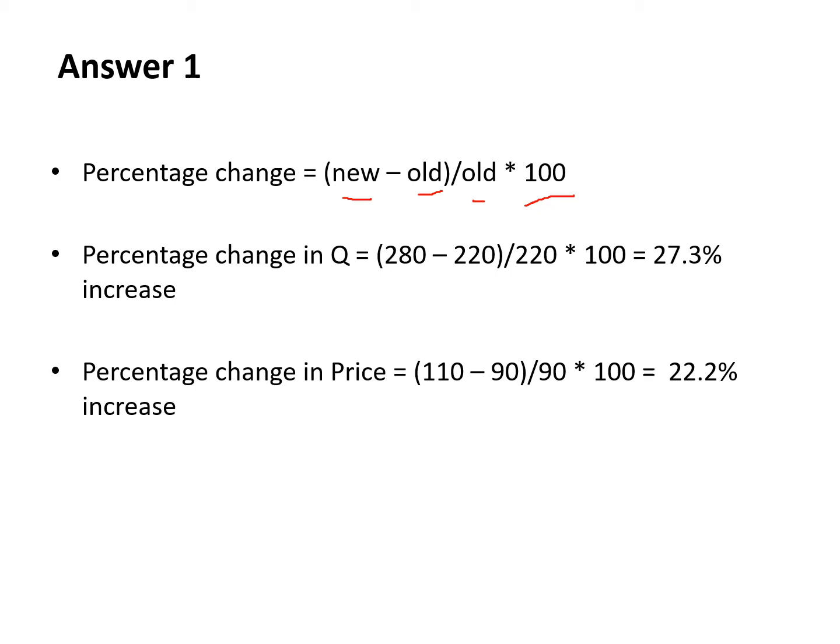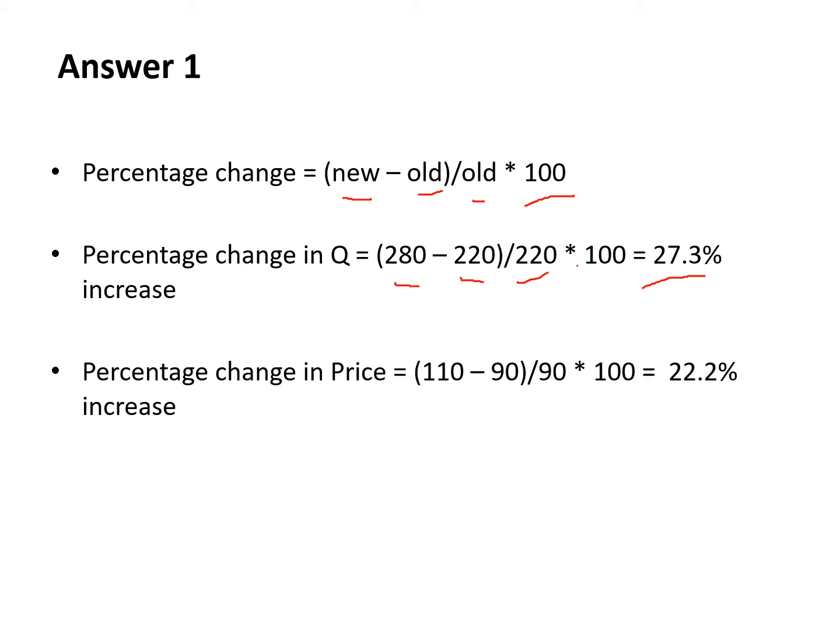So we'll take the new, which is 280 minus 220 over 220 multiplied by 100. This will give us 27.3%. So that means because of the shift of the demand curve, there is an increase in the quantity demanded by